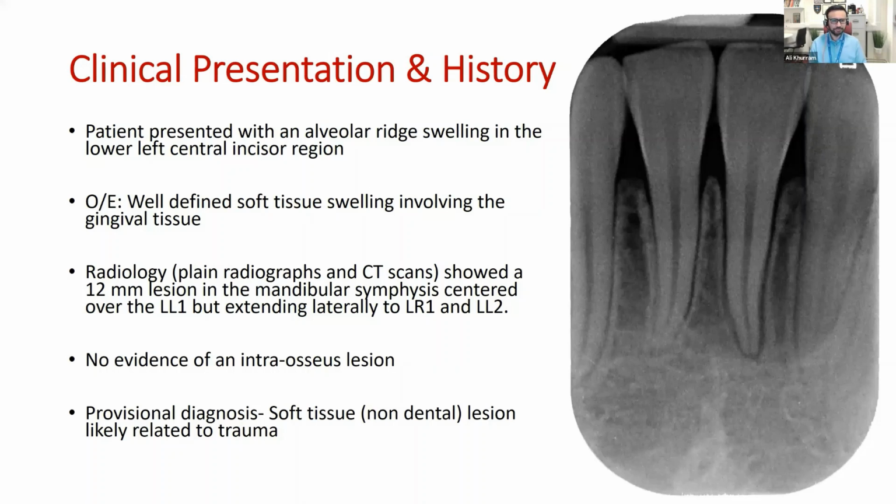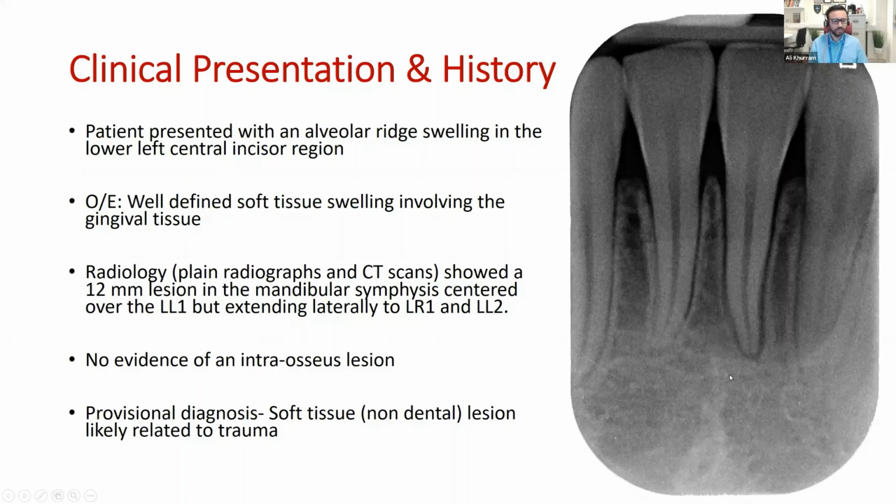intraosseous lesions. If you can see here, this is a periapical dental radiograph. You can see the teeth, central incisors here, lateral incisors here. This is the mandible bone. The space that you're seeing here is the periodontal ligament space. And you can see a slight shadow in this area. So the outline of this shadow, which is superimposed on this radiograph, but there's no actual intraosseous component of this